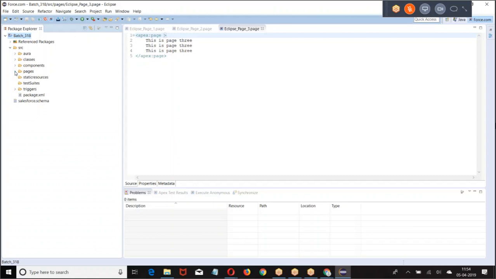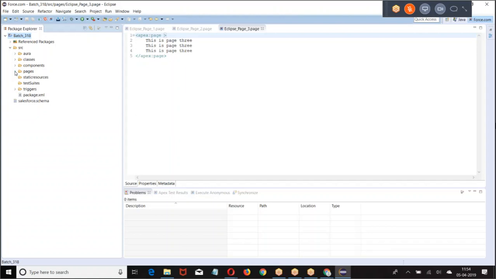There is a reason people are going for version control. In Eclipse, we can have version control. We can have local version controlling. That's the second one. Now, if you go with a change set, we can deploy from sandbox to associated production. But in Eclipse, from any org, we can deploy to any org.